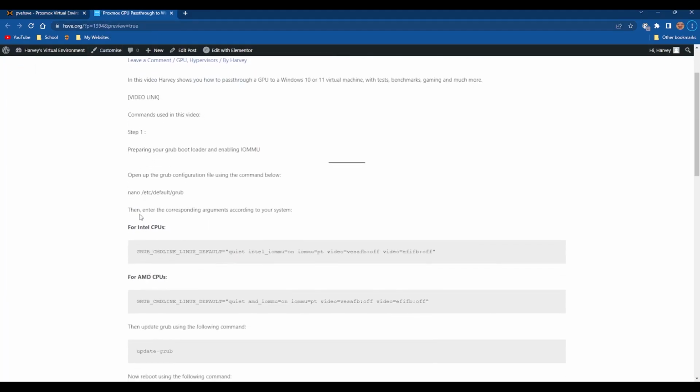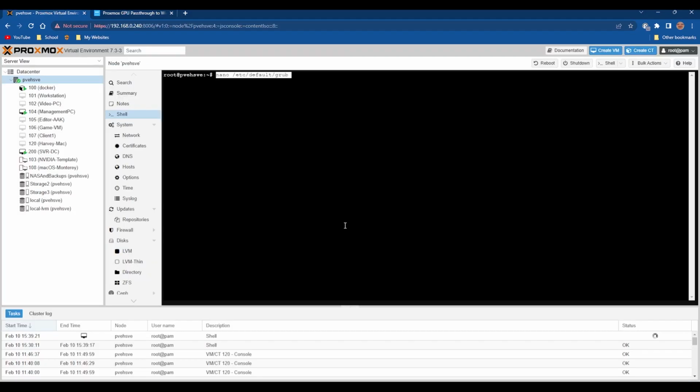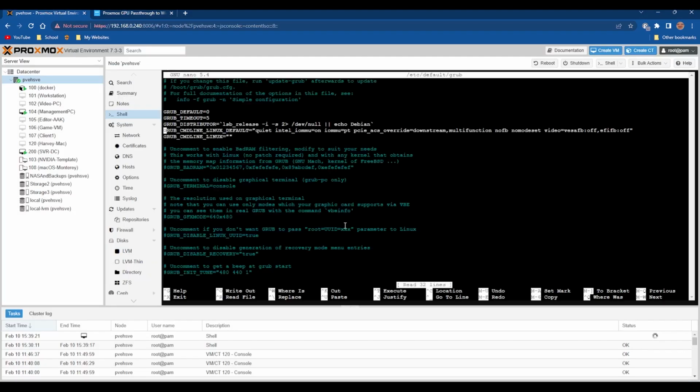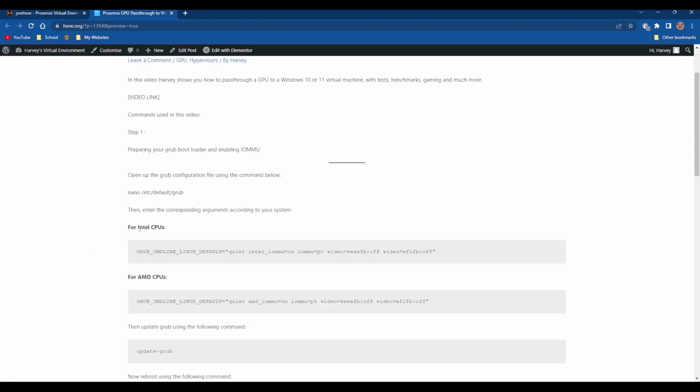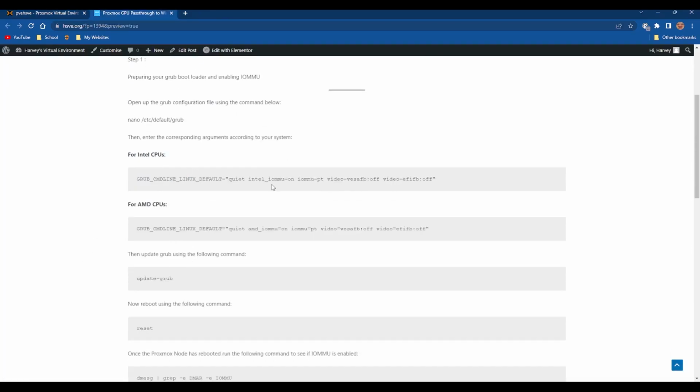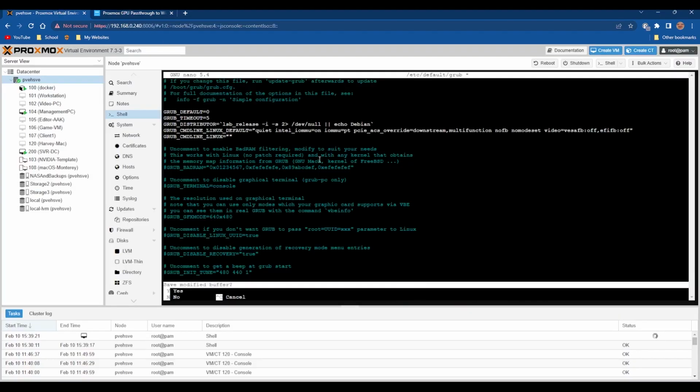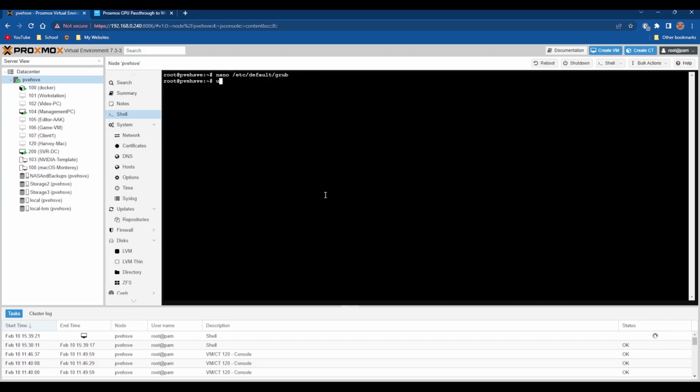So, to do that, you want to nano into the etc default grub, and you want to add the following line. So, you want to just remove that. Mine's got a bit of extra stuff, but you want to remove this and paste this new one in. So, if you've got an Intel CPU, you paste this line. If you've got an AMD CPU, you paste in this line. Once you've done that, Control X, Y and enter, and then do update-grub,